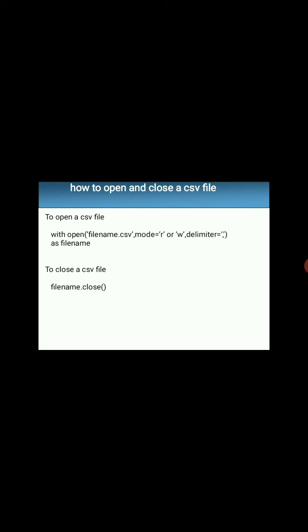Then delimiter is equal to single quotes comma. It means when the CSV file is created, every column is separated with comma, small bracket close as file name. Then next, how to close a CSV file? For closing the CSV file, we will just write file name dot close, bracket start, bracket close.